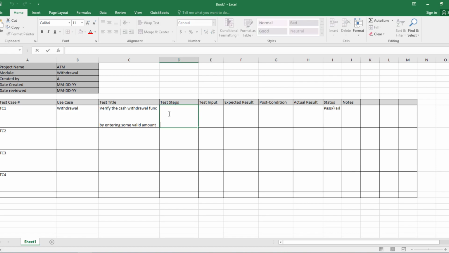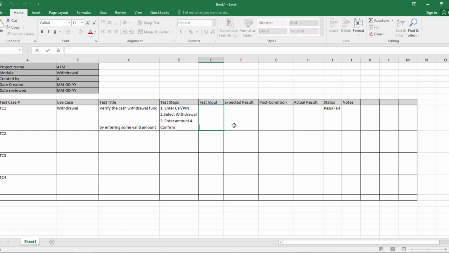So what would be our test steps? The first one would be: customer must enter his card and PIN number. The second step would be he needs to select withdrawal, the third step should be he needs to enter the amount, and step 4, he needs to confirm it. Right? And the test input, let's make it $20. And the expected result would be